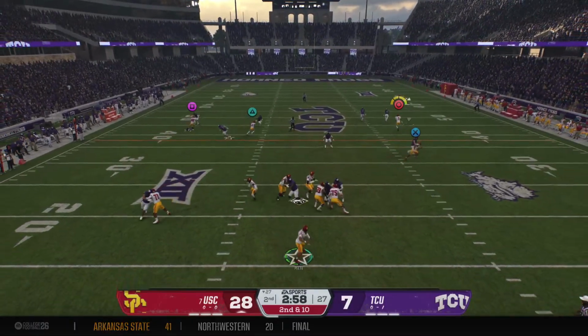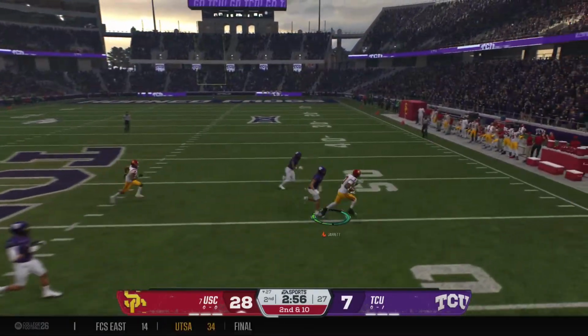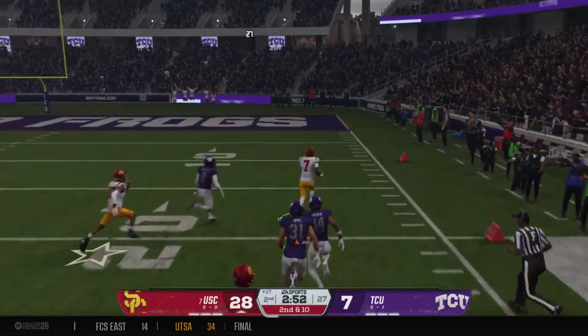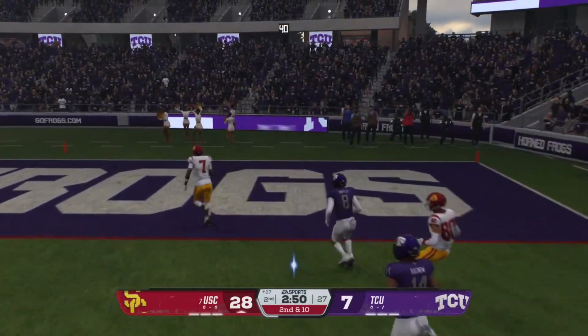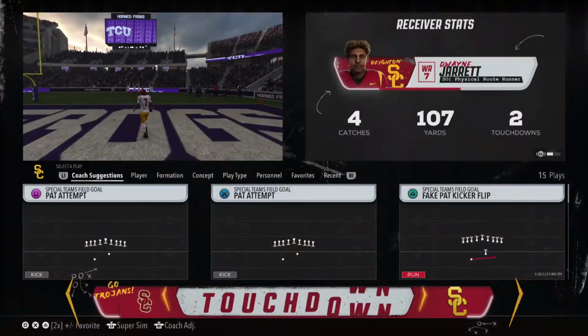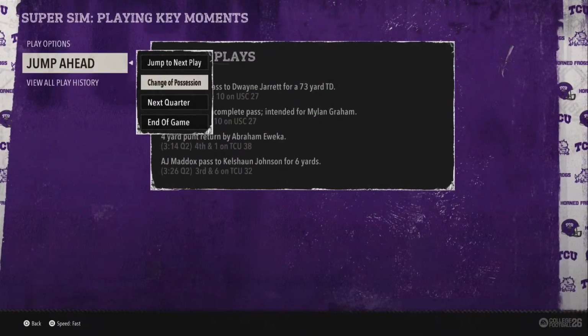Trying play action. Throws to the wideout. Wide open downfield. Turning on the jets. Running inside the 20. Touchdown, Trojans. And once he got away from the D, they had...